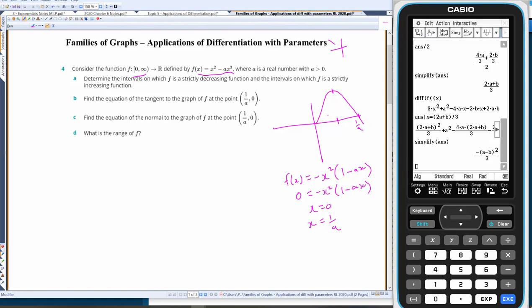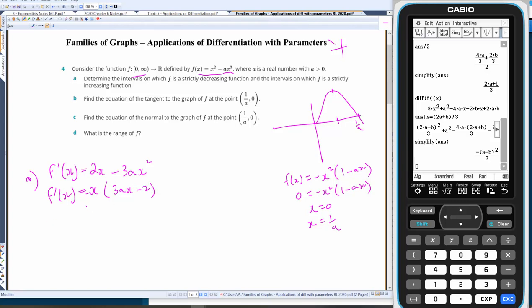So our next goal is to find the value of that stationary point. All of this is the working out for part A, by the way. To get the value of the stationary point, what I'm going to do is get f dash x, which is going to be 2x take away 3ax squared. Now I'm going to factorize that. So let's pull out negative x, and that's going to be 3ax